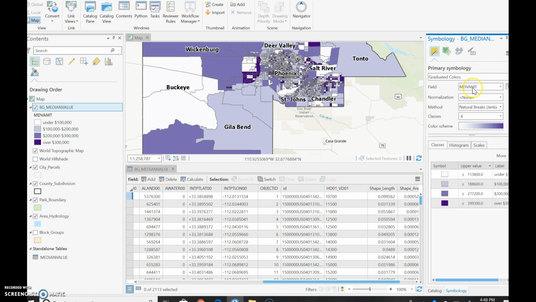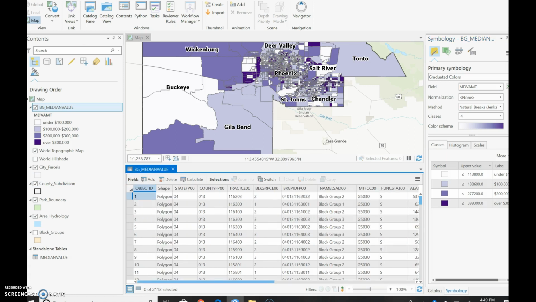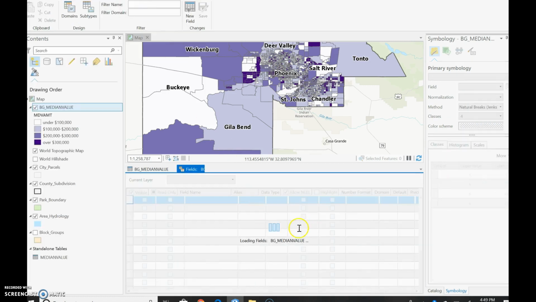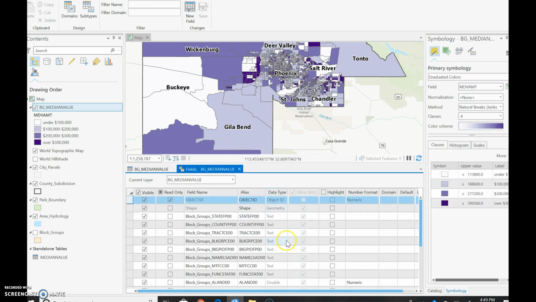So we go to symbolize value, and you're going to notice that this one isn't here yet because I'm going to show you how to create this. But you're going to only see this option, this option, this option, this option, this option. And the reason that you only see these options is because if we open the table, if we look at the fields of the table down here, if we go up to view, if I go up here and I say view the fields of the table, you'll see that the only ones that are showing up are the ones that have the data type of double,